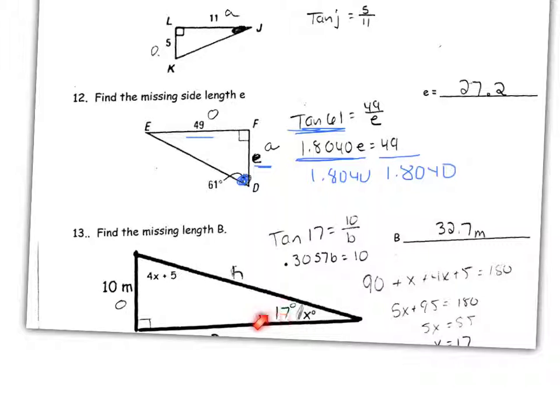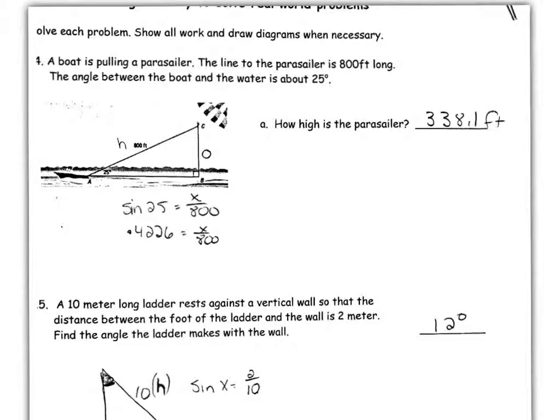So then I looked at what two sides I was talking about, and again, it was opposite over adjacent, so it was tan. So the tangent of 17 degrees was 0.3057, and it met the ratio 10, so opposite over adjacent, 10 over B. So I then solved this by dividing by 0.3057 on both sides to get 32.7 meters. You needed to have this one correct to get